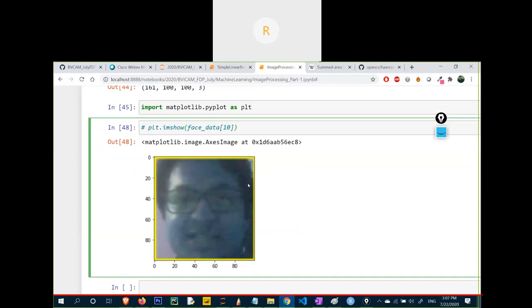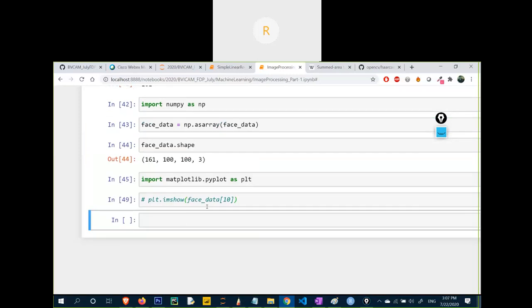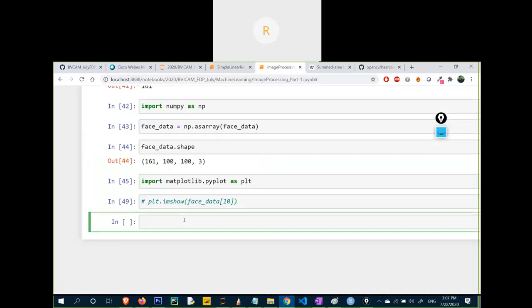But don't think that it is showing blue color and all. I'm not blue. It's not my color. The matplotlib is just showing you the array because it's a graph. It's not showing the image. That is not the purpose of this thing.